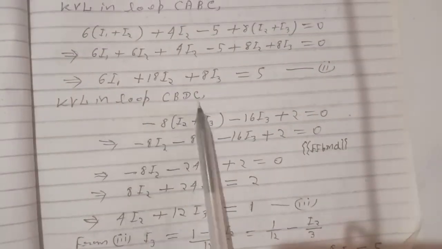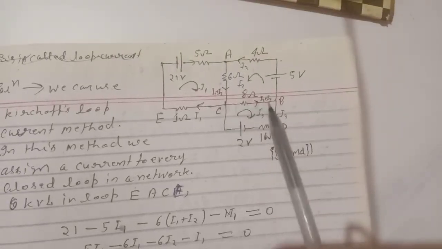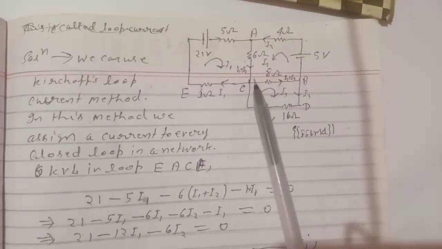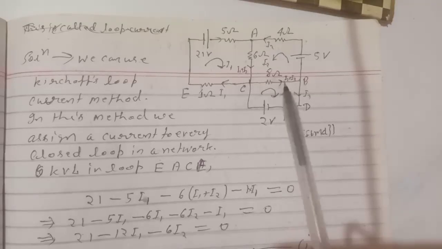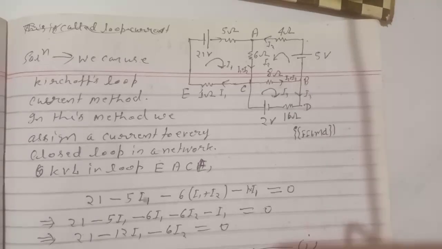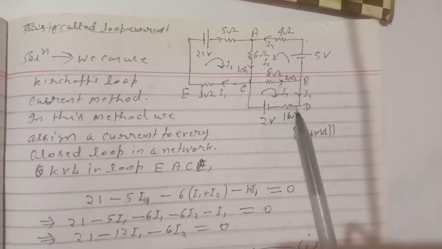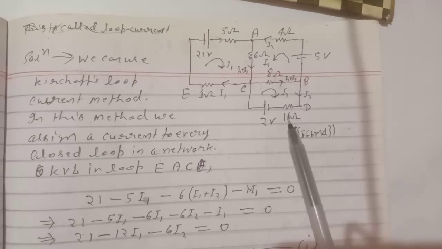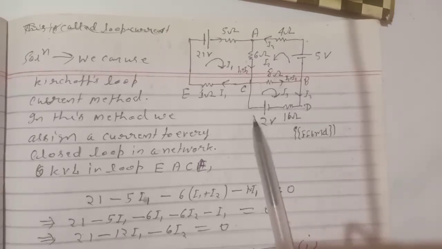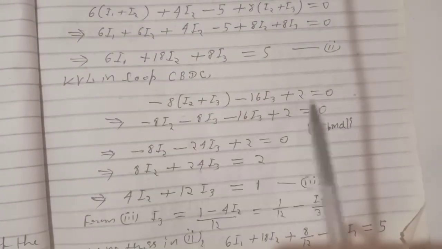Again KVL in loop CBDC. We are moving in this direction, so again here we see that we are going in this direction, and it is at lower and it is at higher, so lower minus higher will be negative, minus 8 into I2 plus I3. Again from this, this is at lower and this is at higher, so lower minus higher, negative 16 into I3 and plus 2. So we get here minus of 8 into I2 plus I3 minus 16 I3 plus 2 equal to 0